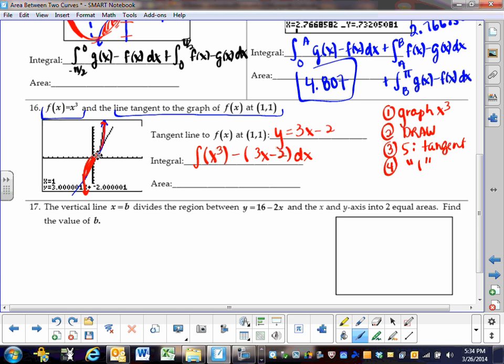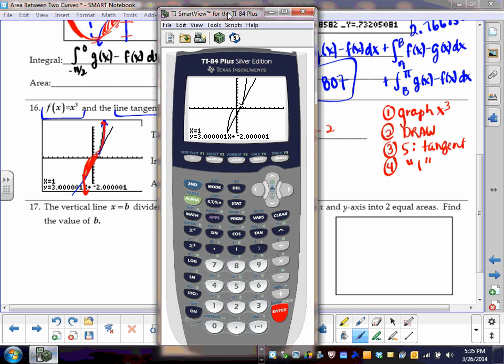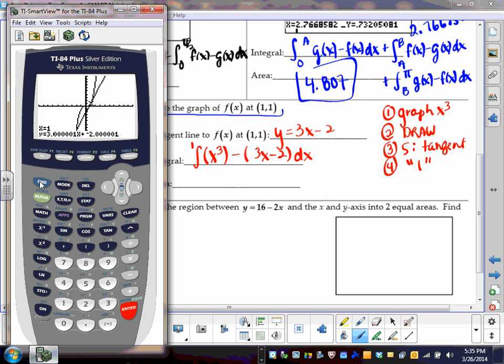Now the interval is going to matter. We do know the stopping point was the point of tangency. The tangency point is at x equals 1. We need that initial value, which is why we're also doing this with our calculator. That initial value is not a nice whole number. Intersect number 5, enter, enter, and we want to find,